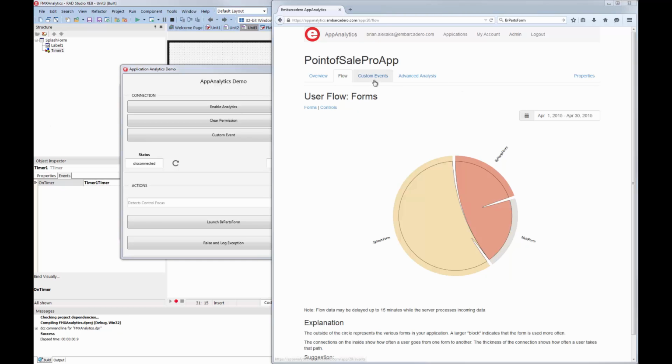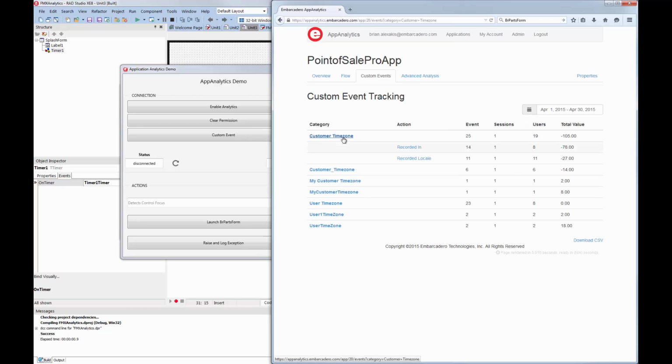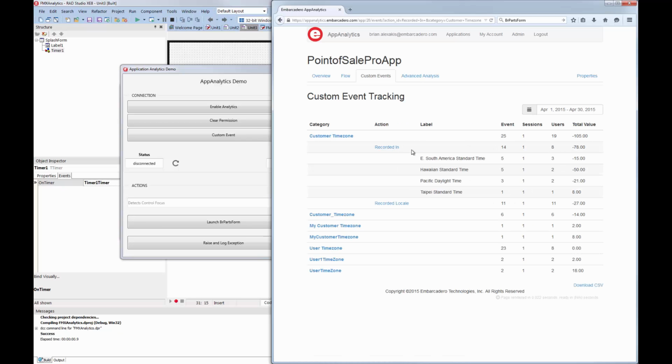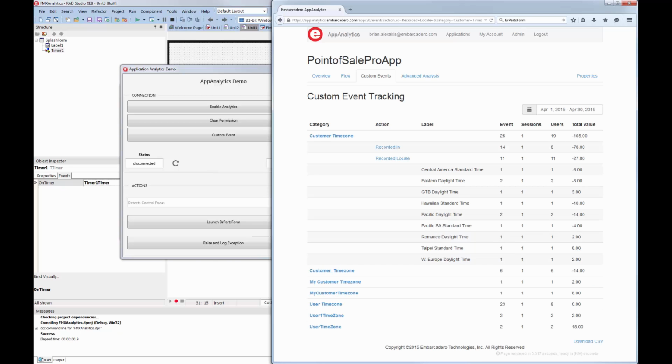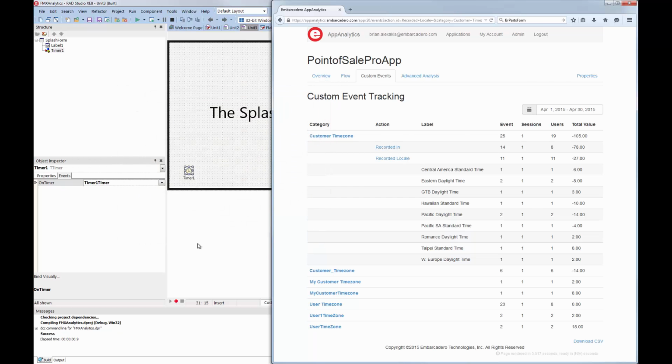Let's take a look at some custom events. Here we can see customer time zone. These are previous custom events that I used in the past. And if you click on one, it opens it up. And we've attached custom metadata, specifically the time zone location of the user and the locale. So if we want to look at the code, let's go ahead and close this,